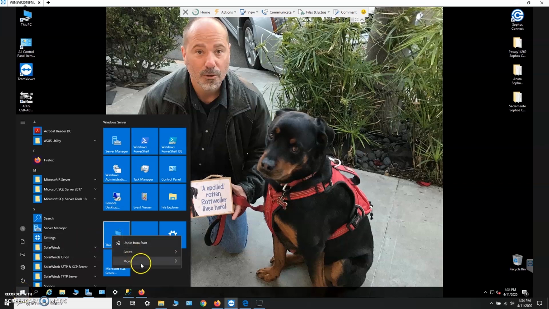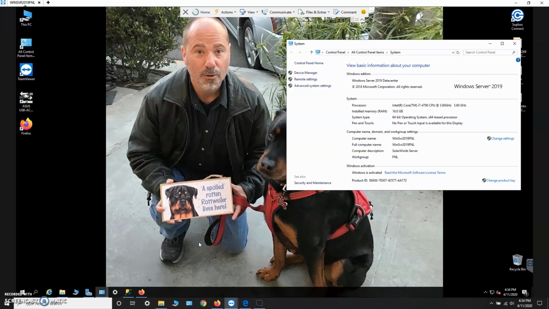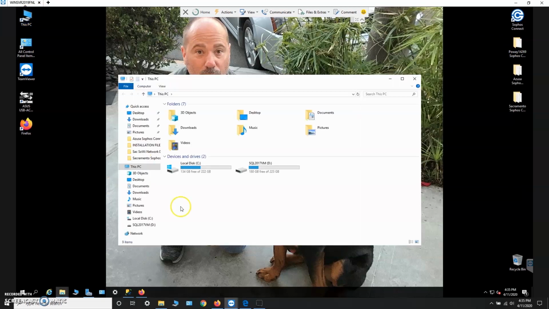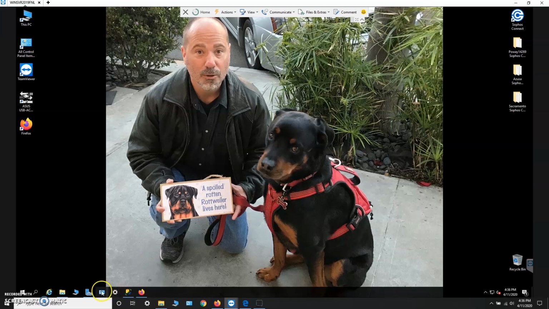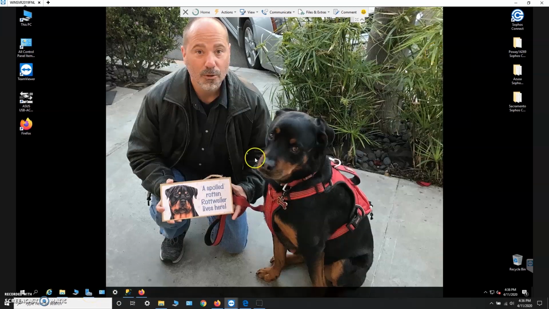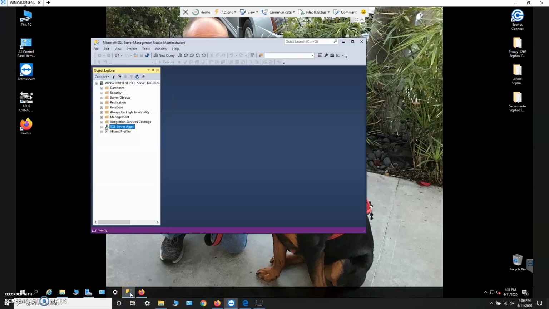So this server is pretty good, actually. The microprocessor in this server is superior to the one that's in our on-prem server in Poway, the one that we've been using for Snippet development and others. And what I did was I installed the Orion platform, SolarWinds platform, on the C drive, and as per SolarWinds recommendation, if you can't put the SQL on a separate server, put it on a separate drive at least. And so I installed the SQL server on that drive right there. And if you look at things as they're running, you could see that the server is all up and running nice and clean with no errors. And you can see that the SQL is also running lovely.